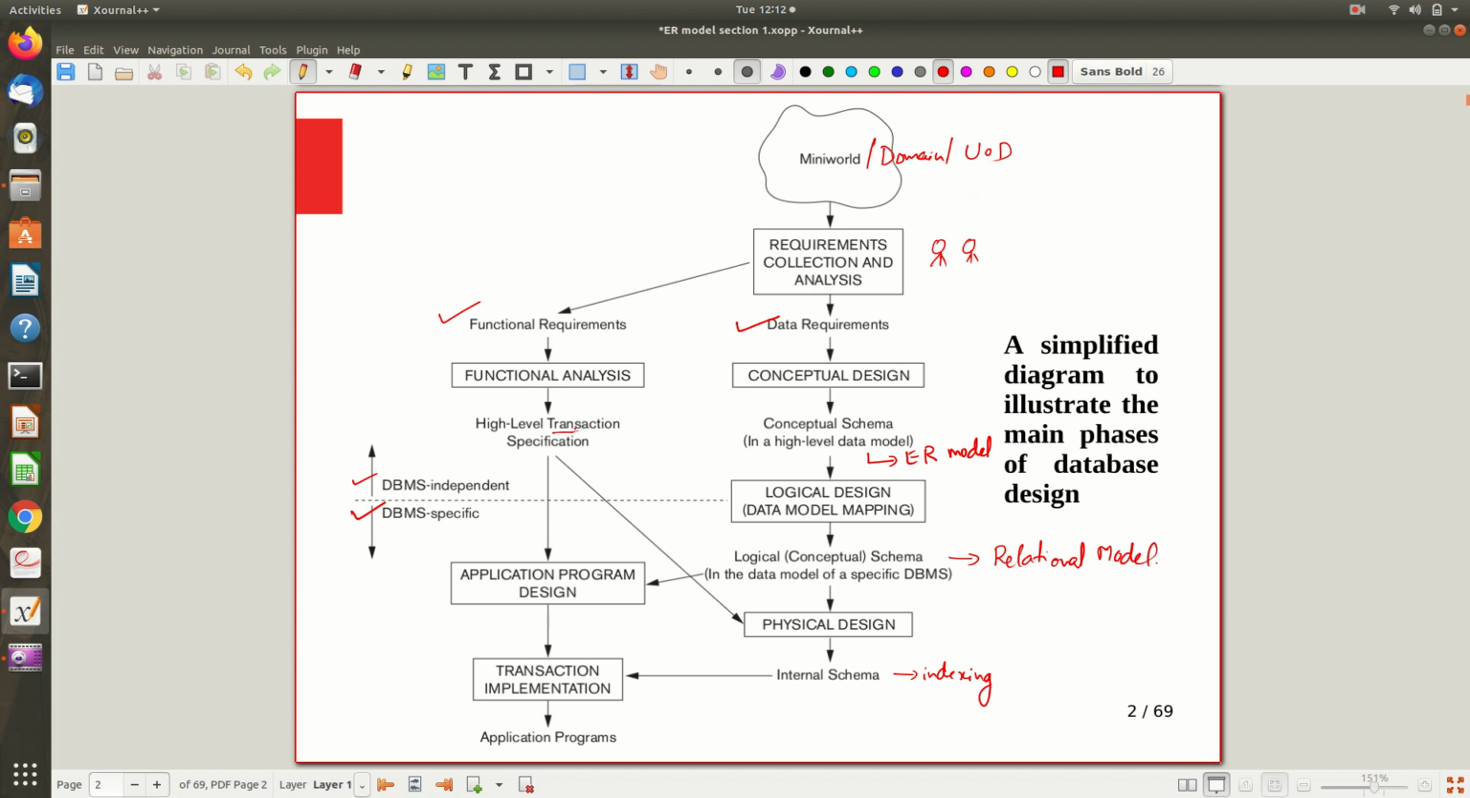So we have the high level transaction specification, and then we go for the application program design. Using some high level language like Java, we will design the function, and it will keep interacting with the logical schema, right? On the backend, the final transaction implementation will be dealing with the actual internal schema. Anyway, in this subject we are focusing on this backend design part only,